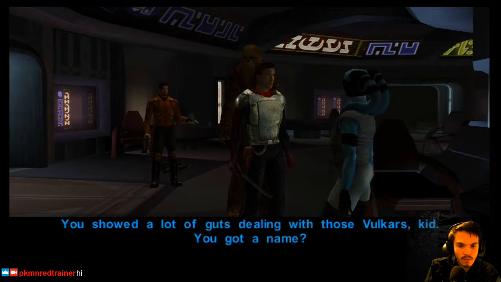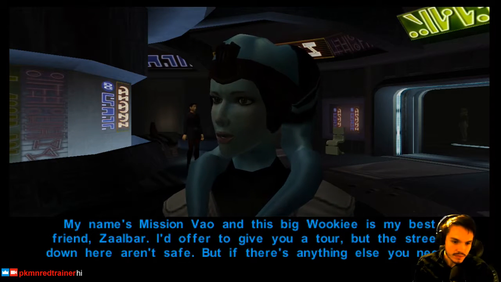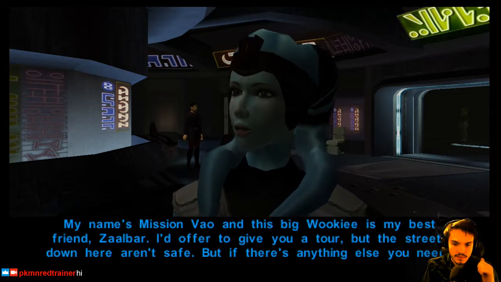You showed a lot of guts dealing with those Vulkars, kid. You got a name? My name's Mission Vao, and this big Wookiee is my best friend Zalbar. I'd offer to give you a tour, but the streets down here aren't safe. But if there's anything else you need...